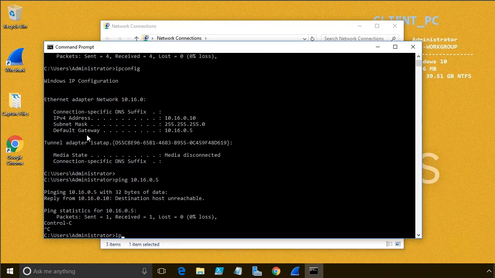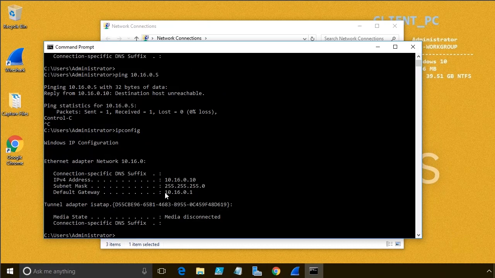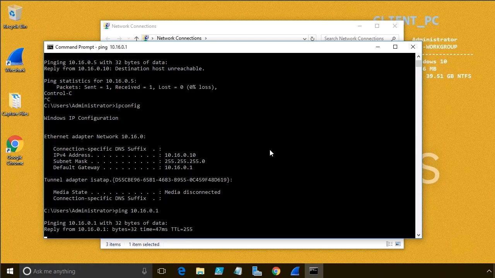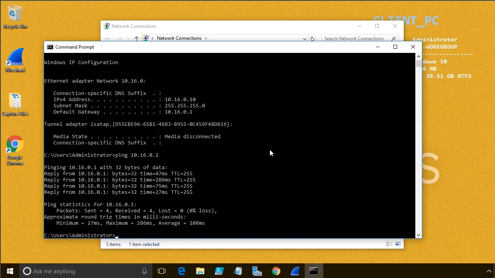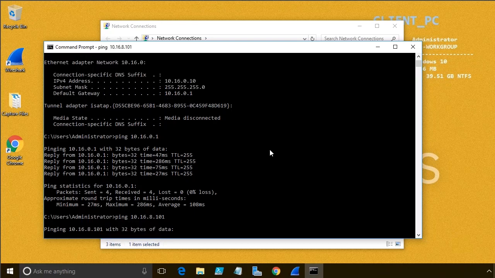First of all, let's verify with ipconfig that it changed. It's always good to verify. And then let's do a ping to that IP address 10.16.0.1, our default gateway. All right, that looks great. So we can talk to our default gateway. Let's go ahead and hit the up arrow key a few times, and let's try to ping all the way to 10.16.8.101. Looking at my notes, that is the IP address of Nevada PC1,